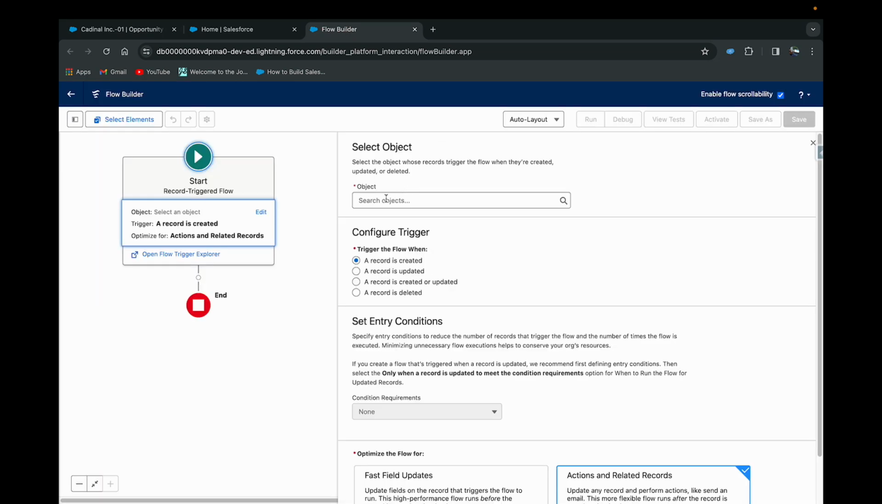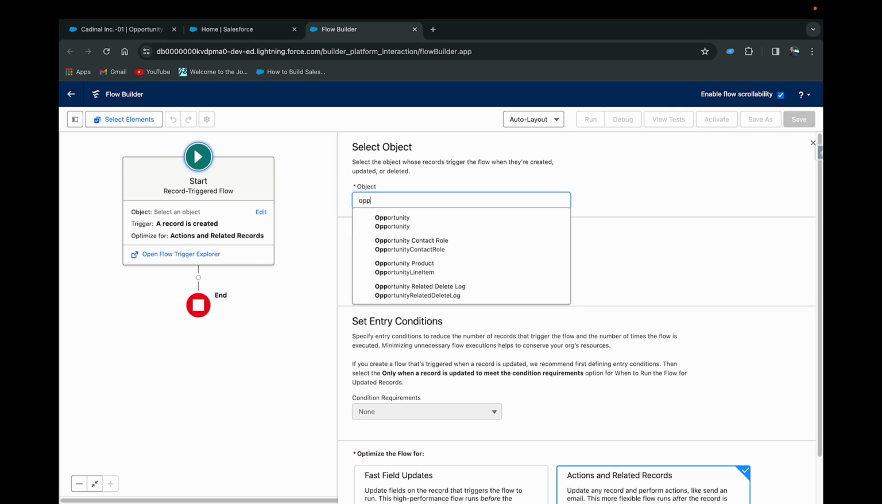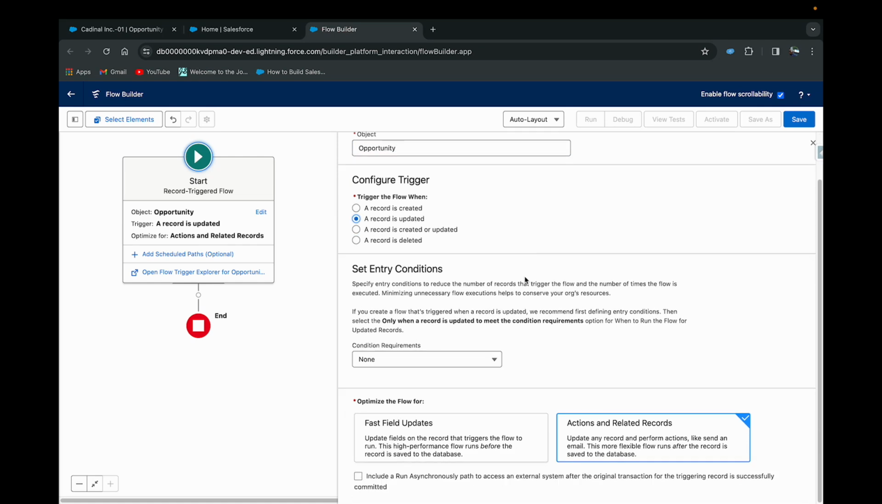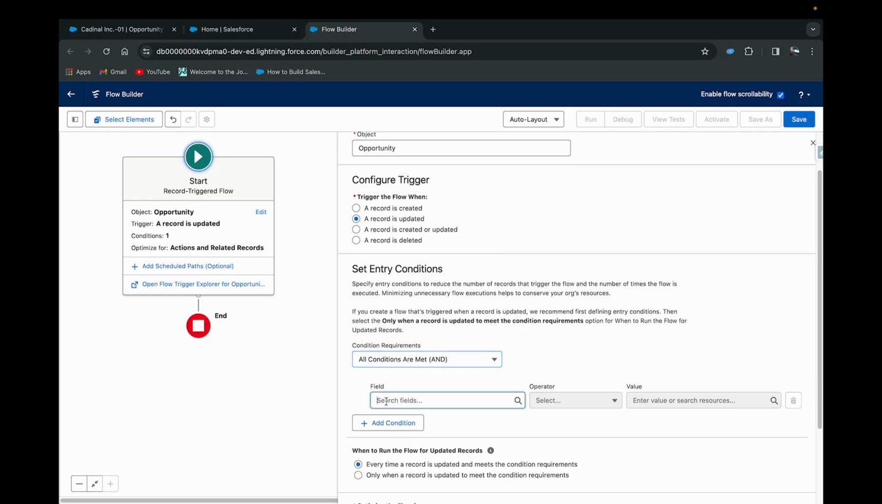So first of all, I need to select the object. Opportunity is the triggering object, right? Because when the stage of the opportunity is changed to Closed Won, then we need to send an email. So I'm going to type opportunity over there, simply select opportunity, and now I'm going to select a record is updated. Once the record is updated, we need to provide the condition requirement like, okay, stage name